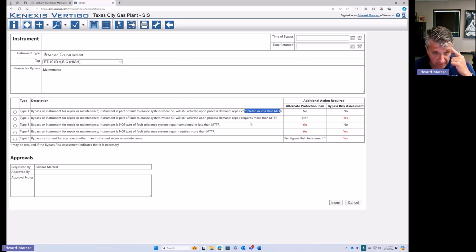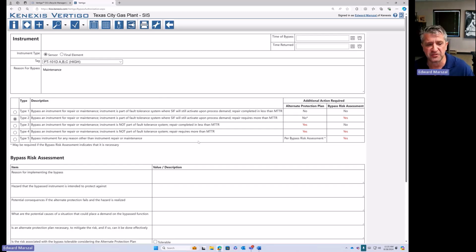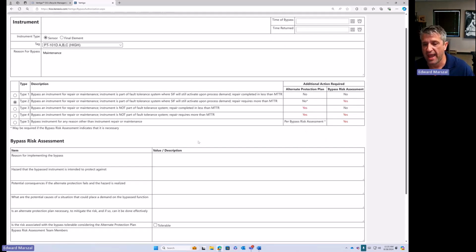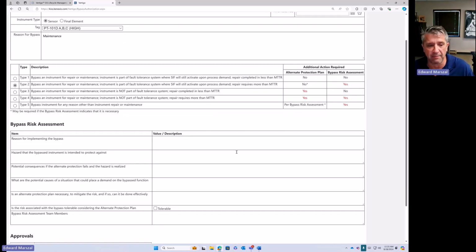Note to self, I need to replace these MTTRs with MRTs, or not? If the answer is yes, we're done. And I could put in an approval, I could put in some approval notes, hit insert the record, we're good to go. But if I don't have spare parts, and I'm going to be in bypass for more than 72 hours, I'm violating my SIL verification calcs, and I'm going to need to do what we call a bypass risk